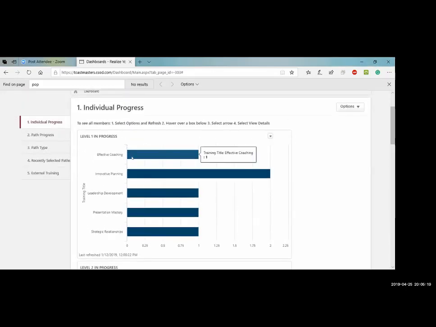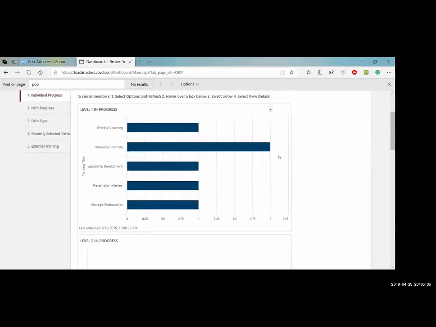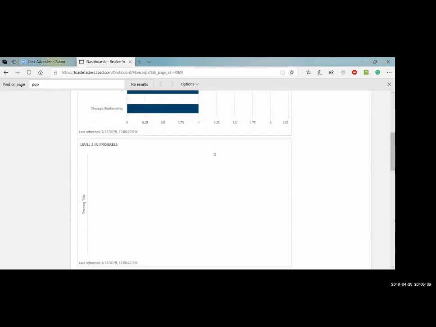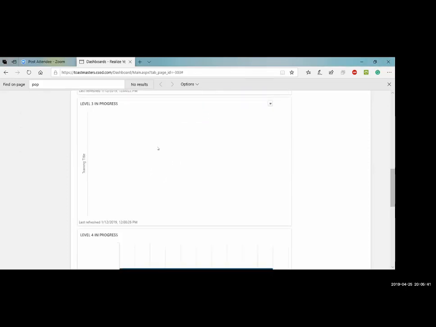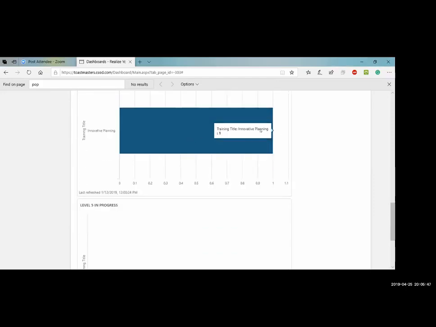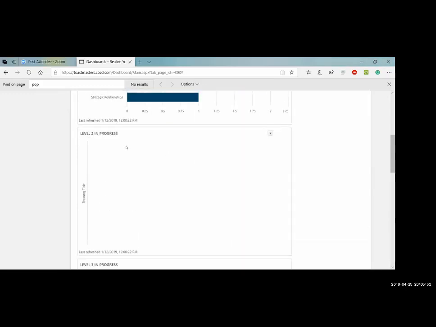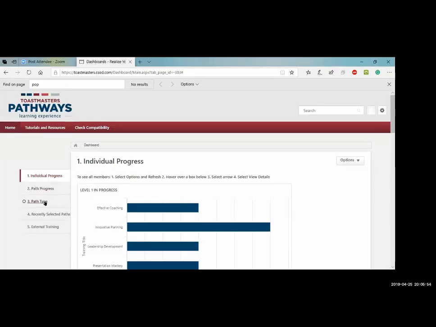Once you logged in there, just keep going and you'll see here title effective coaching. There's one person that is at level 1 here. And innovative planner, there's one person that is at level 2, but I'm pretty sure there's more because that is me and I completed that. You'll see it. There you go. Level 4. Also,